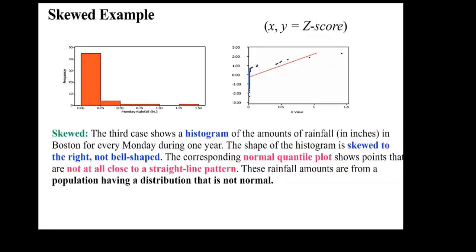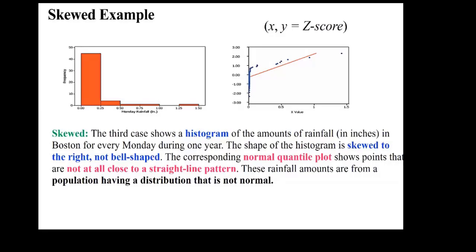As you look at the histogram, clearly it's not normal. It's not bell-shaped. And so right then and there, it's out. If you look at the normal plot, it's not linear either. Skewed. The third case shows a histogram of the amounts of rainfall in inches in Boston for every Monday during